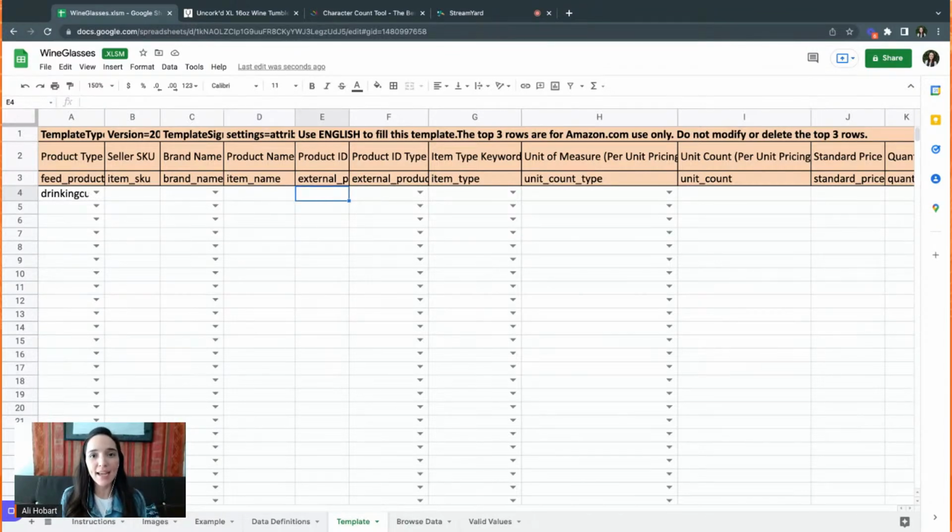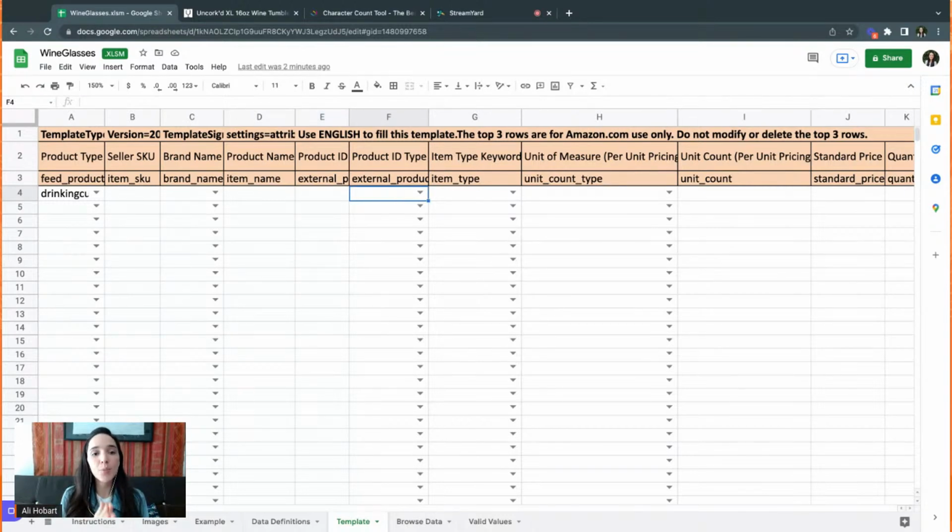Next is going to be the product ID. That's going to be the ASIN, the UPC code, or EAN. And one quick trick: for some reason, sometimes this process did not go through. I had some errors when I used the ASIN, but when I used the UPC code, then it went through. So maybe this is not happening anymore, but when I started using this, it was a common occurrence. So just a little trick for you if you're having some issues: maybe try switching the product ID to the UPC code. And if you're GTIN exempt, you don't have to put anything. You're going to see later on that there's a GTIN column for you to fill out.